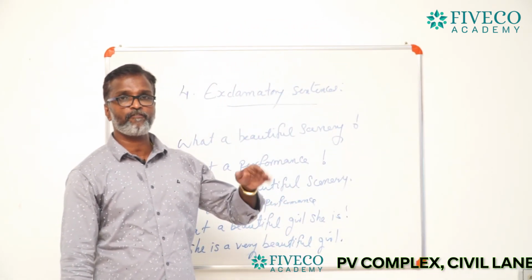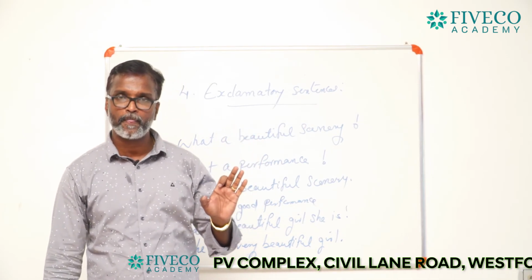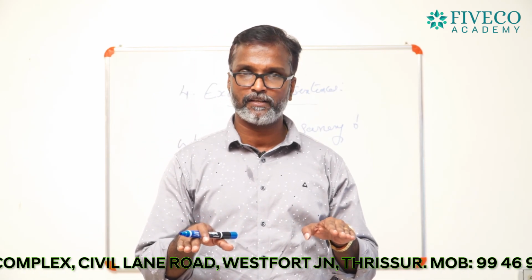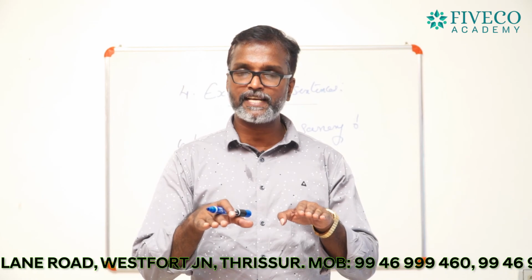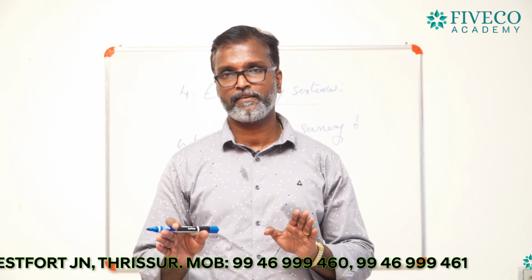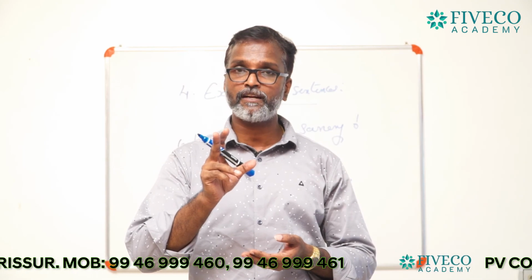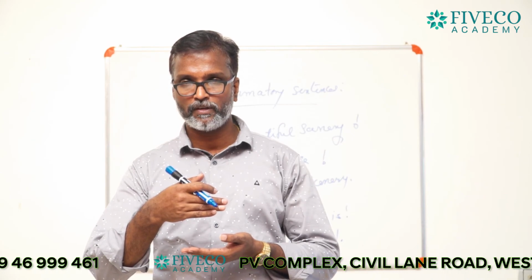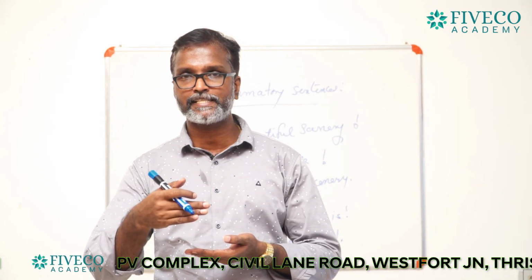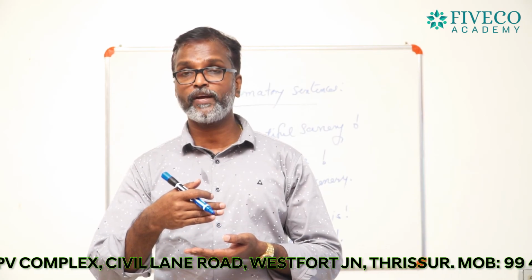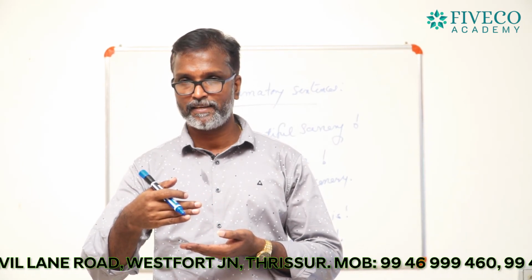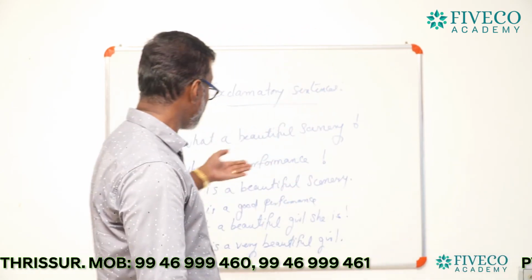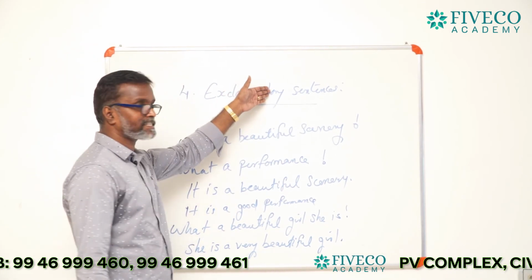And I explained four kinds of sentences. One is assertive. Assertive means any type of simple sentence can be called assertive. You know what a simple sentence is? A sentence which has one subject and one predicate. And it has two divisions, positive and negative. The second one is imperative, which expresses command, request, prayer, etc. The third one is interrogative, meaning question sentences. And there are two types of question sentences, yes or no questions and WH questions. And just now, I explained the exclamatory sentences.